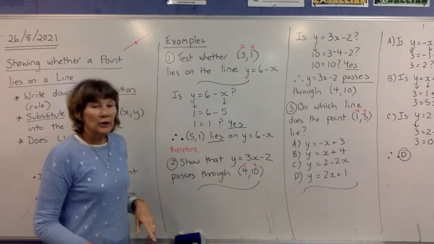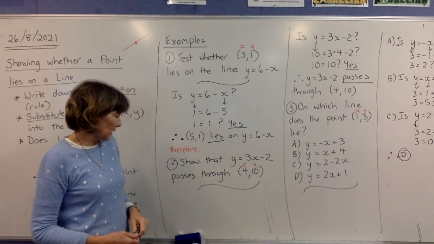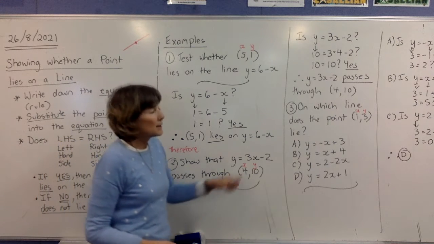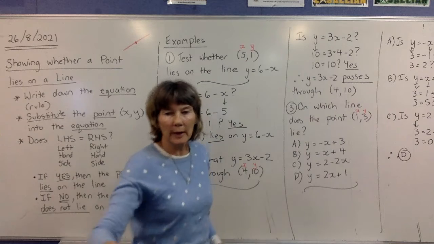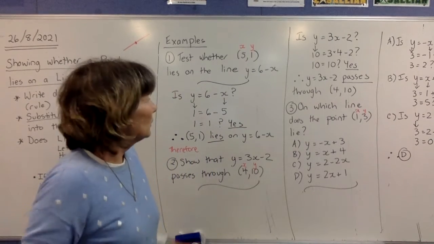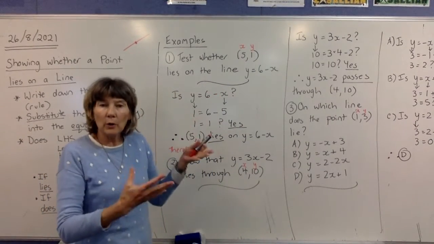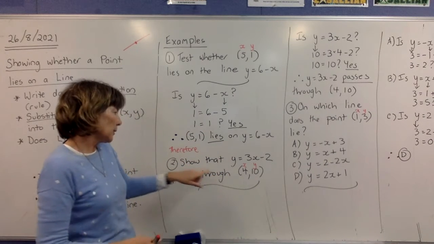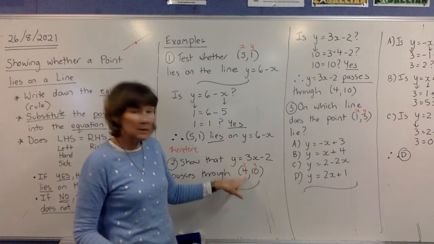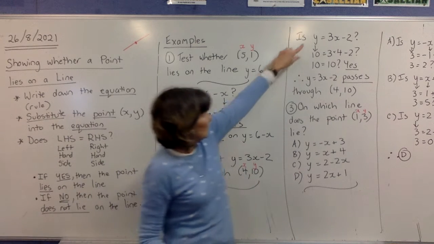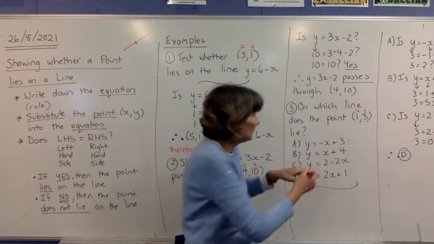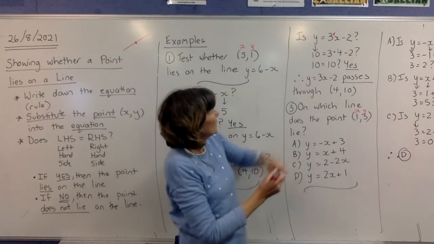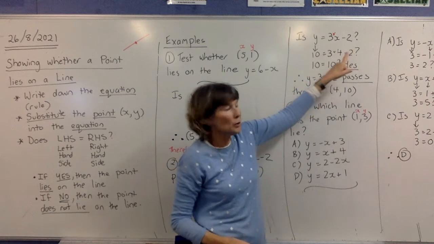All right, number 2. Show that y equals 3x minus 2 passes through (4, 10). So we ask the question, is y equal to 3x minus 2? We want to know whether that equation actually holds true for this point. So the point is (4, 10), so our x is 4 and our y is 10. Here's our y of 10 going in. And don't forget you have the times between 3 and x. So it's y equals 3 times x minus 2, and we have